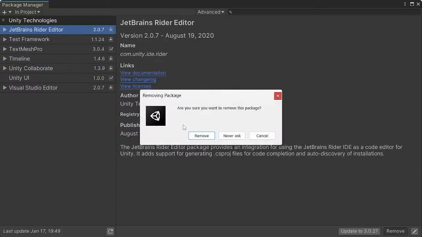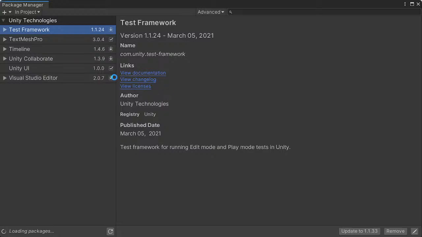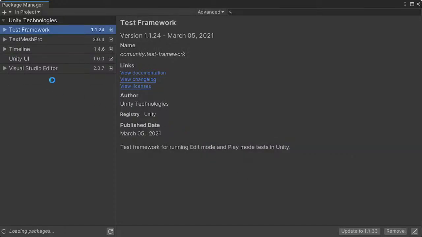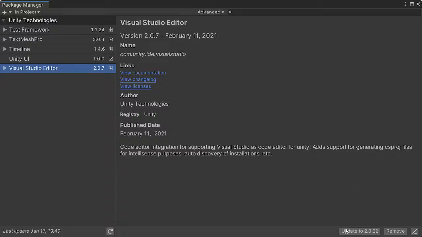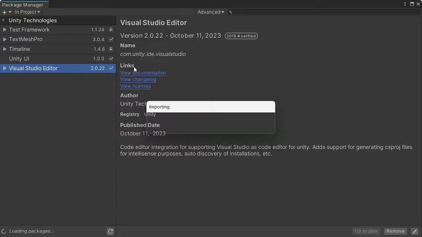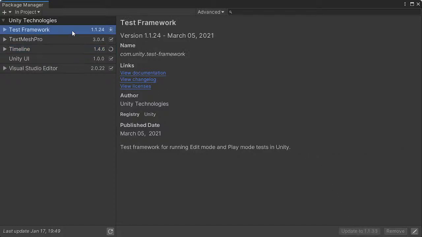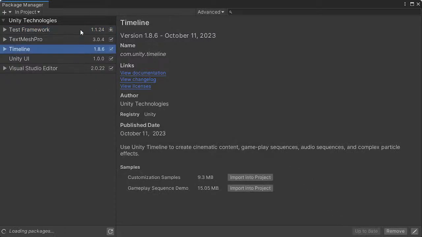I don't know why I'm OCD about cleaning up garbage. Yeah, see, I don't need this collaboration. There's no collaboration. Oh, and I do want to update the Video Studio Editor. And I probably should update all the packages, right? I don't know why I've never used Timeline officially. You can actually click update all in the 2023, but I mean, it's